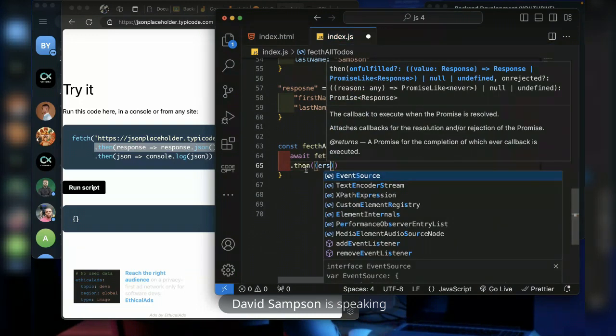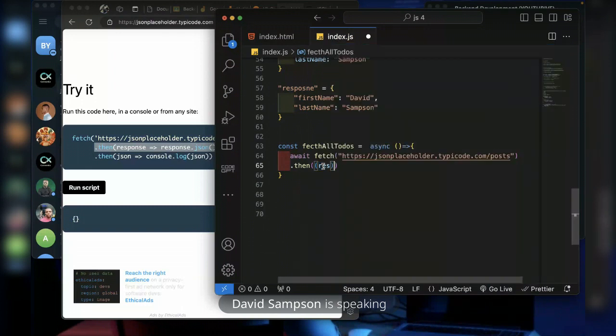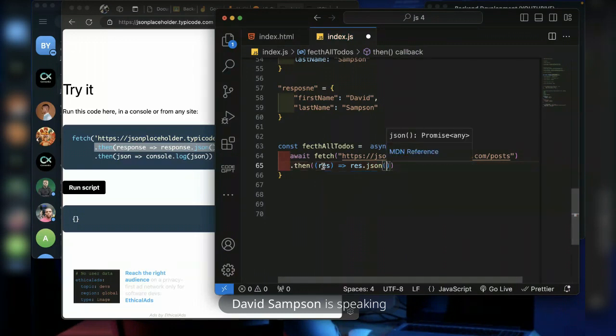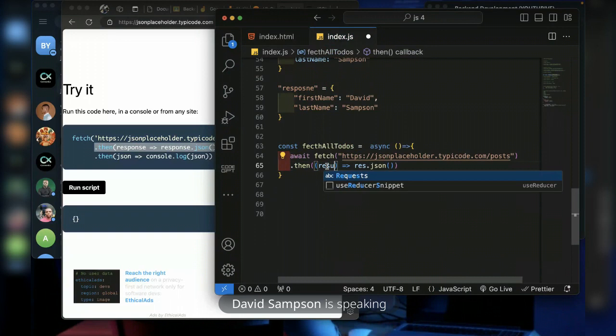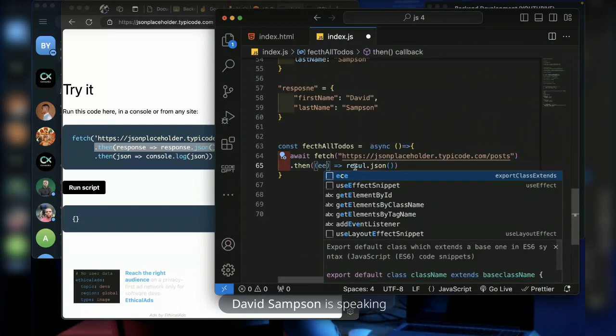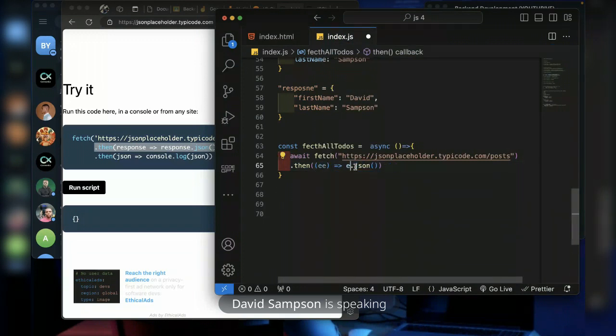Take the response and convert the response from JSON to object like this. So you can call it result, you can call it anything you want. Or you can even call it EE or ER, anything you want to call it. So just know that whatever you call the response here, that's what you are converting from JSON to object.